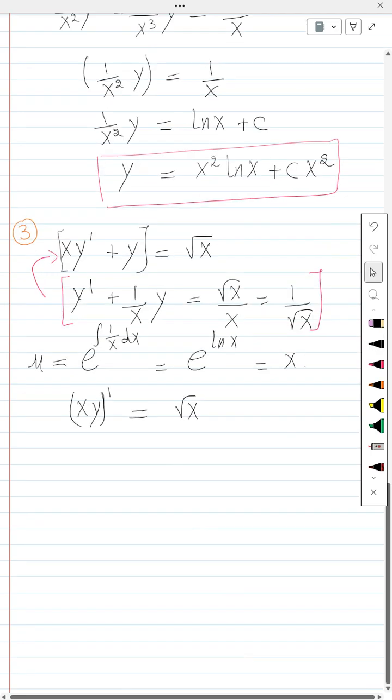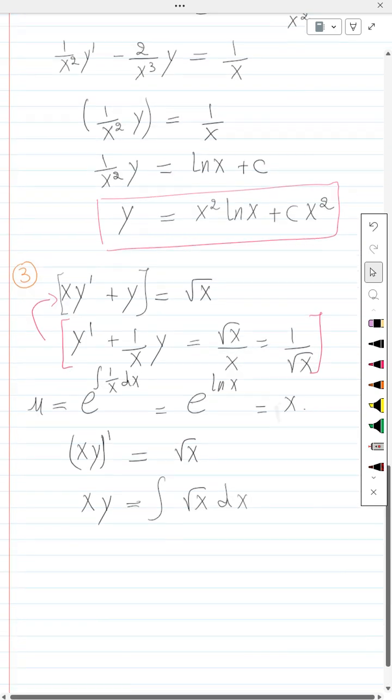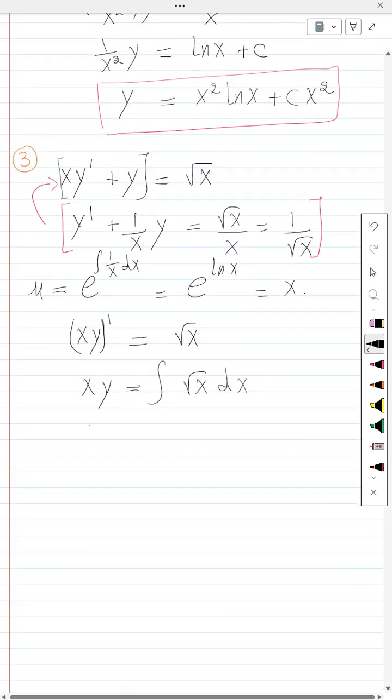is going to be equal to the square root of x. By integrating both sides, xy right here is going to be equal to the integral of square root of x dx. So it's going to be xy is equal to the integral of the square root, which is by adding 1 to the power. It's going to be x to the power of 1 over 2 plus 1, which is 3 over 2, and we need to multiply by the inverse, which is 2 over 3 x to the power of 3 over 2